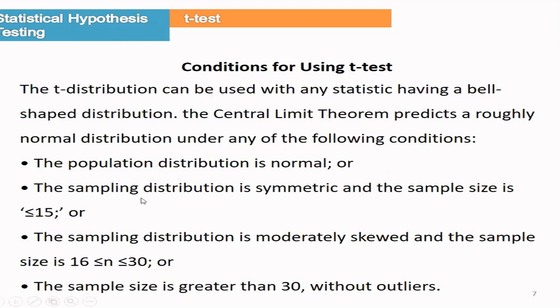And one thing to remember: the sampling distribution should be symmetric, and when it is symmetric, that is normally symmetric, we can take a sample size less than 30. If it is sometimes a little bit skewed, maybe left or right, your sample size should be more than 30, or it may be less than 30. Even then, if there is no outlier in the sample, you can use the t distribution for a sample size greater than 30. So these are the conditions for the t-test. Please go through these conditions carefully.